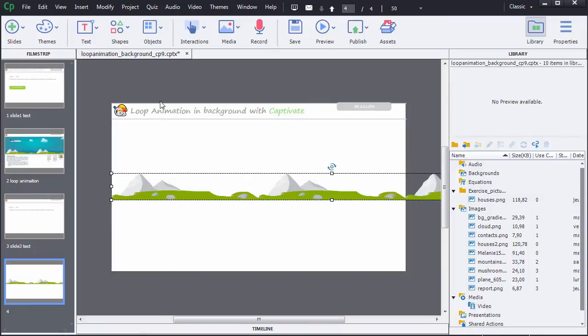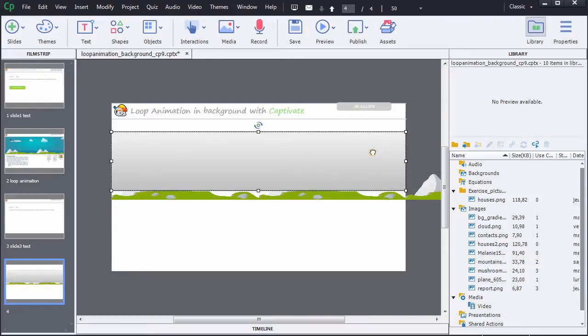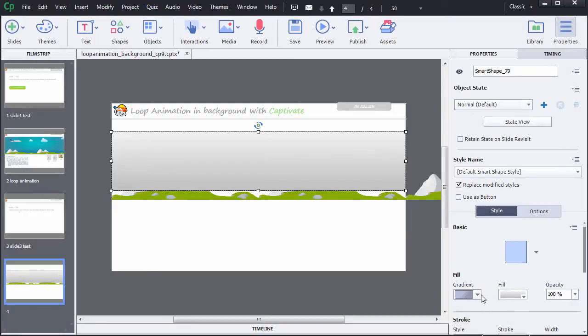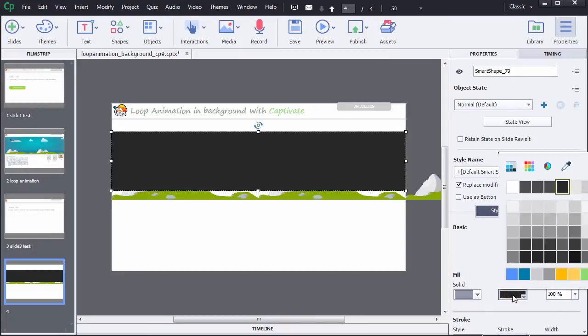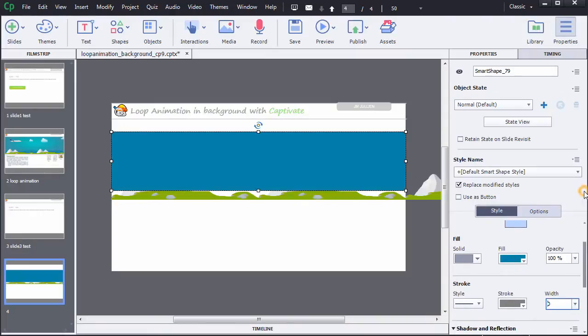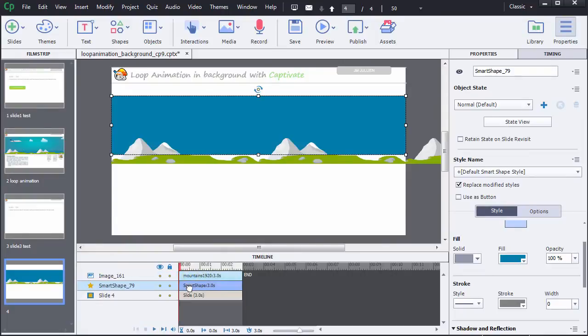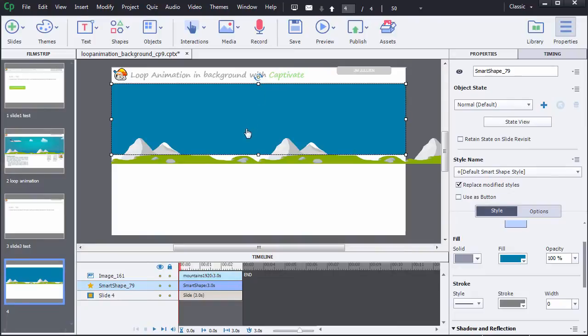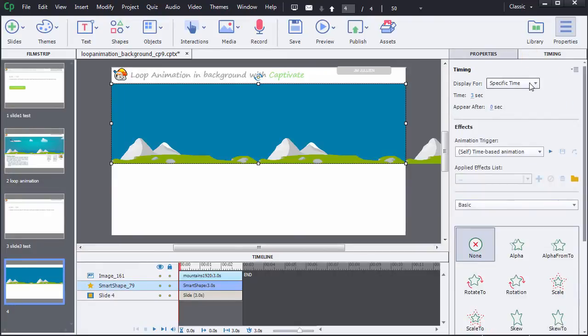I also create a blue background with a smart shape in order to have a background beyond my mountains that will represent the sky. Then I display these two objects for the rest of the slide.